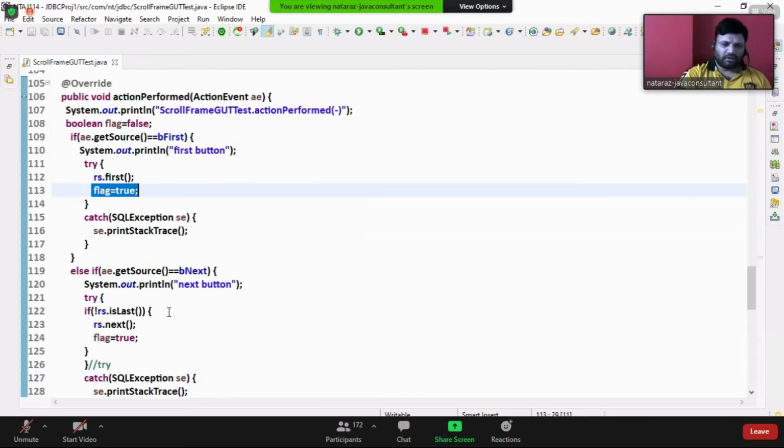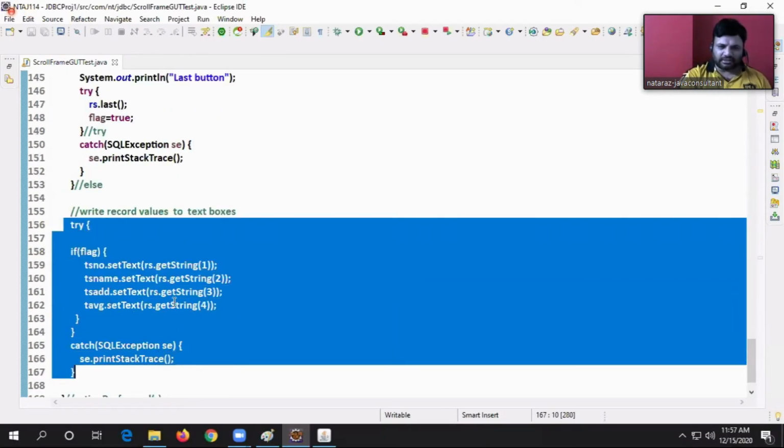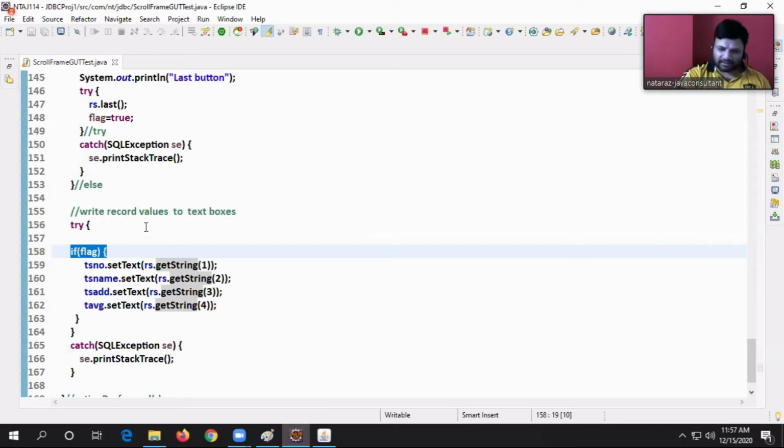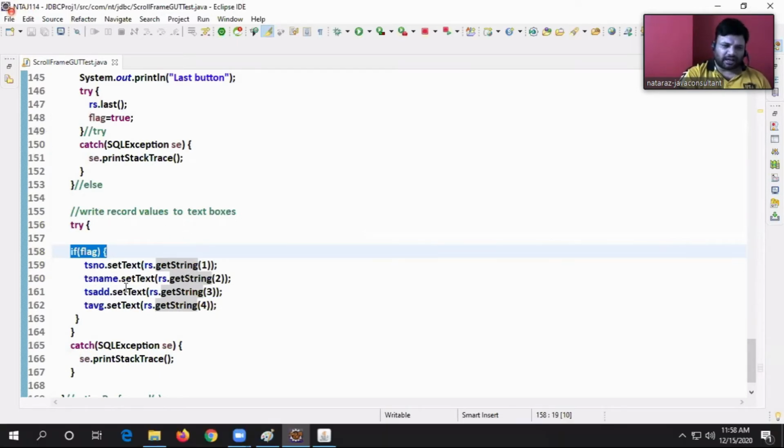Flag true, it will come out of the if-else-if ladder. After that, again this code is there. Here, if flag, yes. Read the first column value, set it to the text box. Second column value, set it to the text box. Third column value, set it to the text box. Fourth column value, set it to the text box. End of the story.